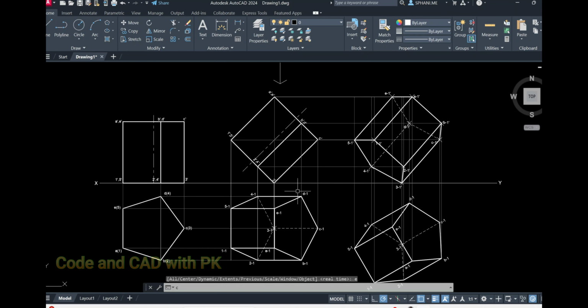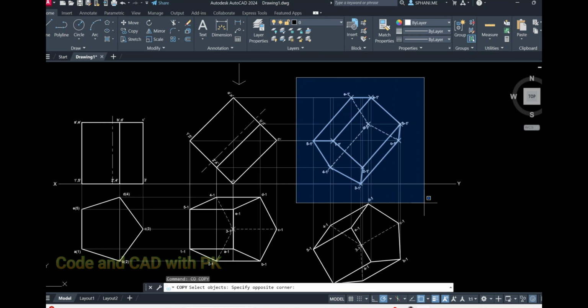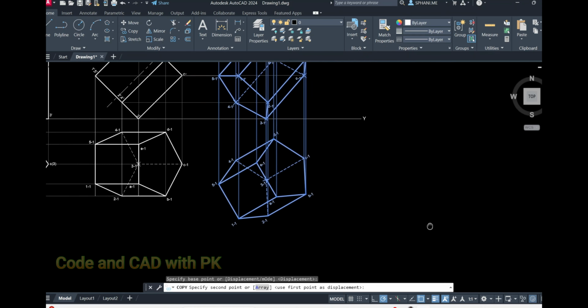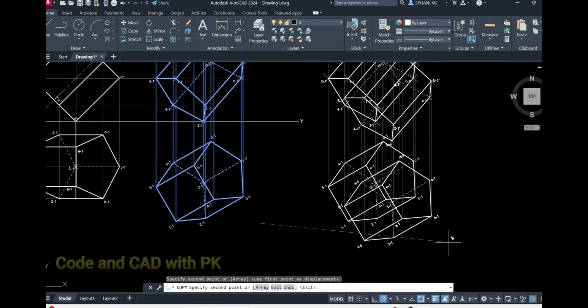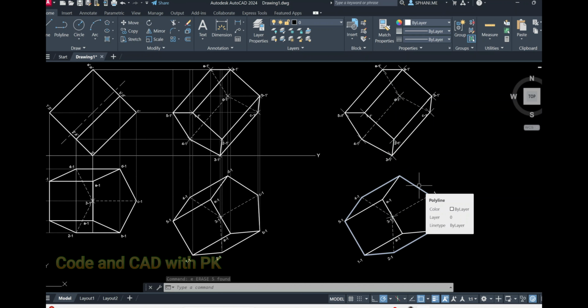If you want to see the complete solid, I copy this one or these two somewhere here, just for the sake of understanding purpose only. Okay, I don't want these projector lines also, only for understanding purpose. Okay, see,